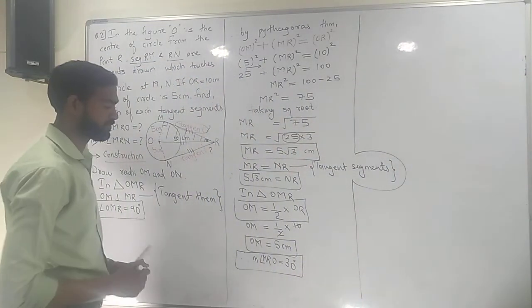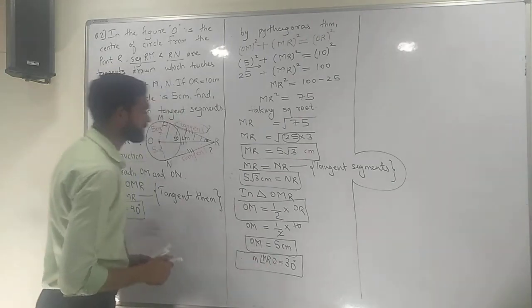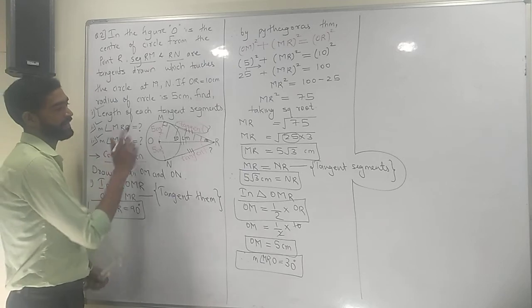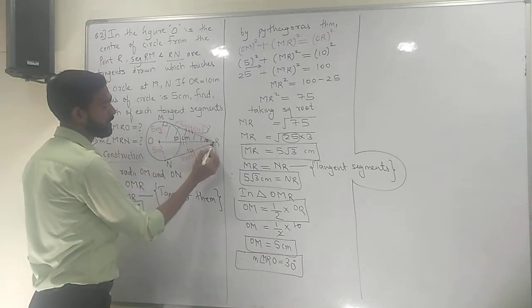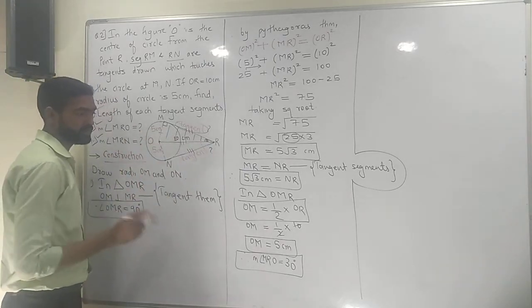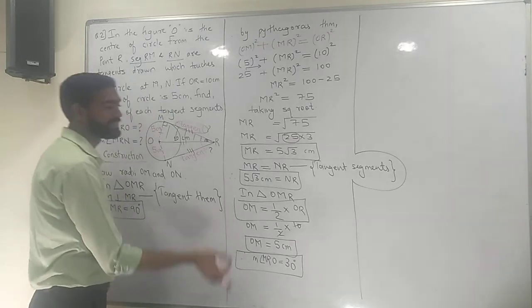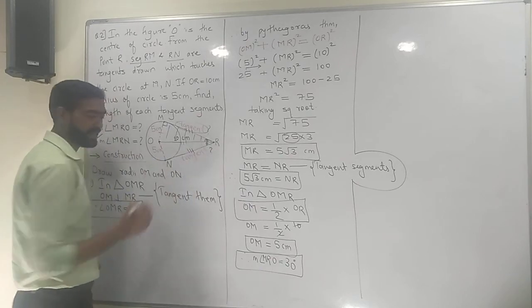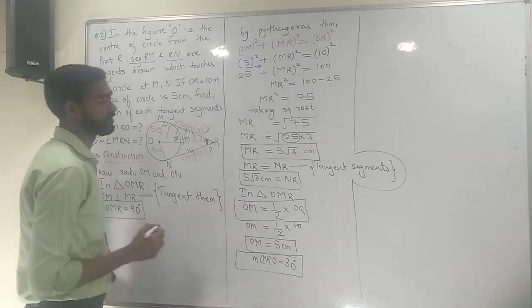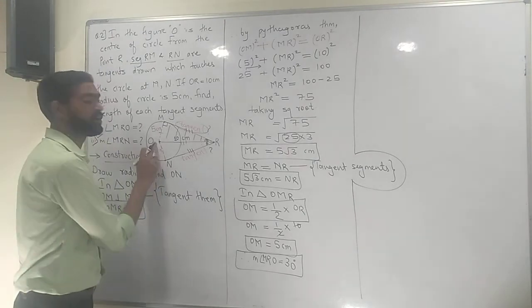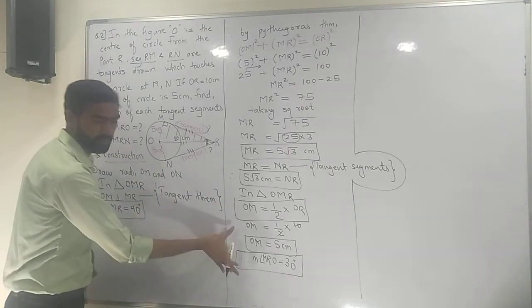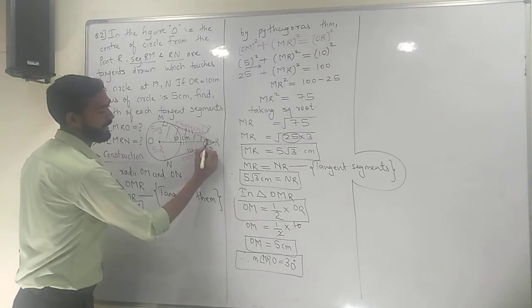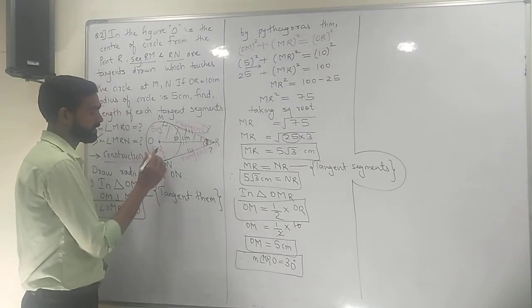Now, next one. One angle we got 30 degree. That was the second sub question. Now, third is what? Major angle MRN. The way we got this as 30 degree, similarly, we can find the lower angle as well. This angle. So, in my upper triangle, this was the first method to find the angle. Now I need to find this lower angle as well. So I'll select lower triangle.